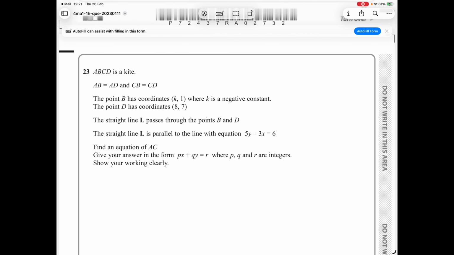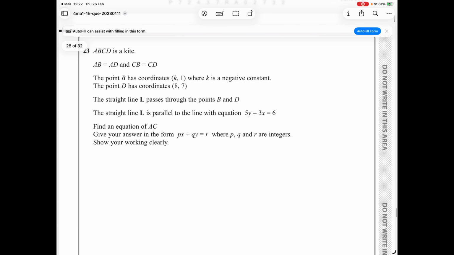We have ABCD is a kite, right? So AB equals AD and CB equals CD. Basically, a kite looks like this. I realise that it's actually just that. And there we go. So AB equals AD. So that means that